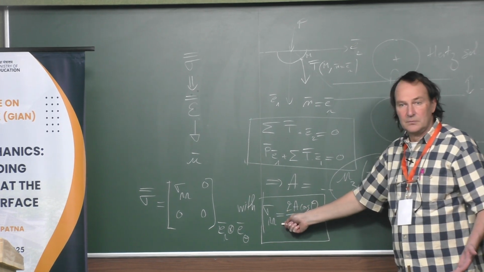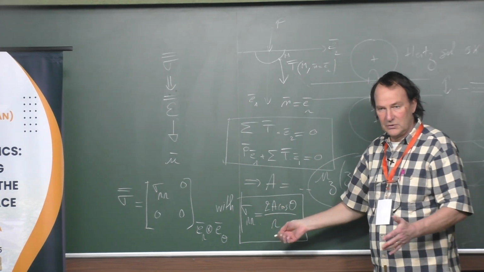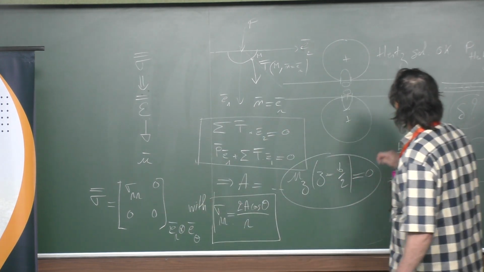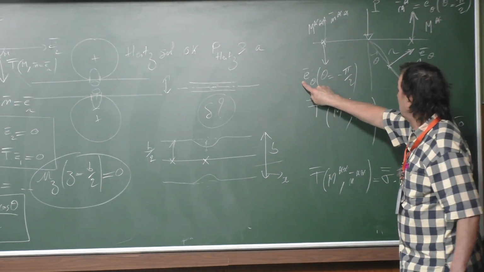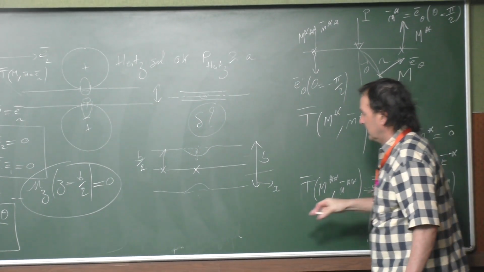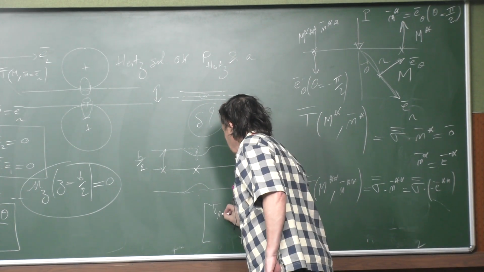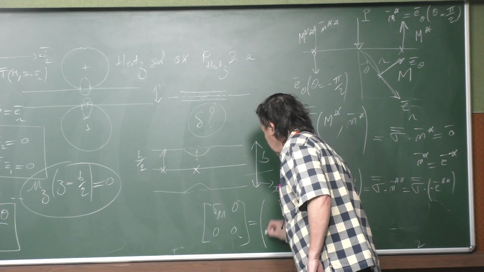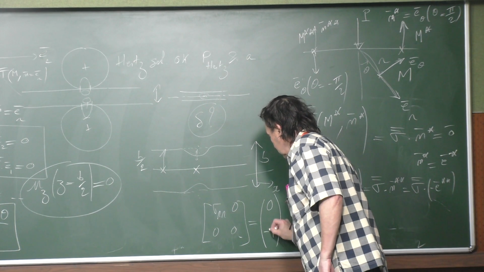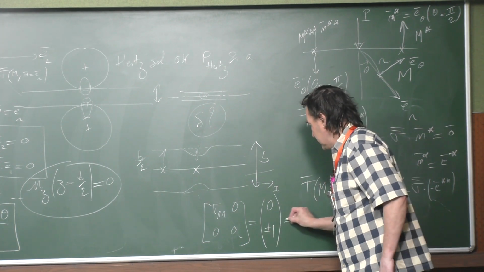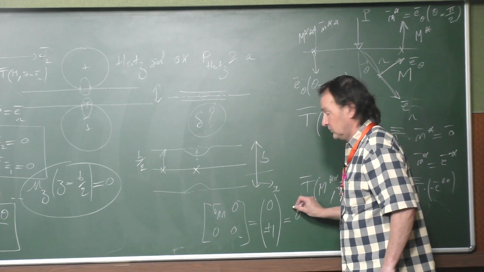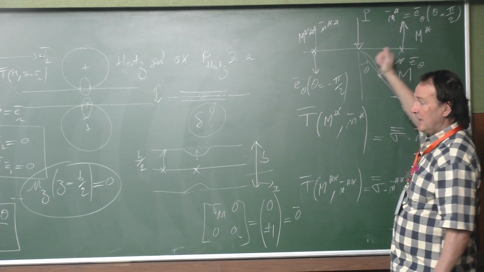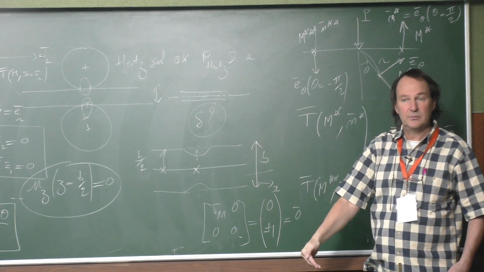Sigma RR tends to 0. Okay, then this is okay. The solution is correct. Now if you multiply this one by either this vector or this vector, plus or minus 1, it's always 0. Okay? Then this is the correct solution. You satisfy the boundary condition, all the boundary conditions, and at the infinite, everything tends to 0. And this is the correct solution.